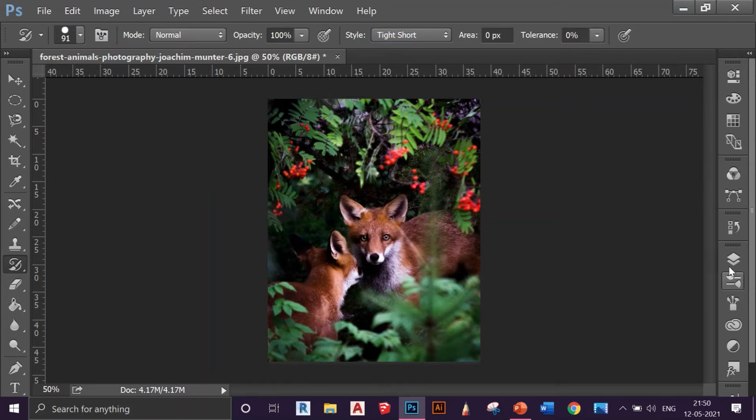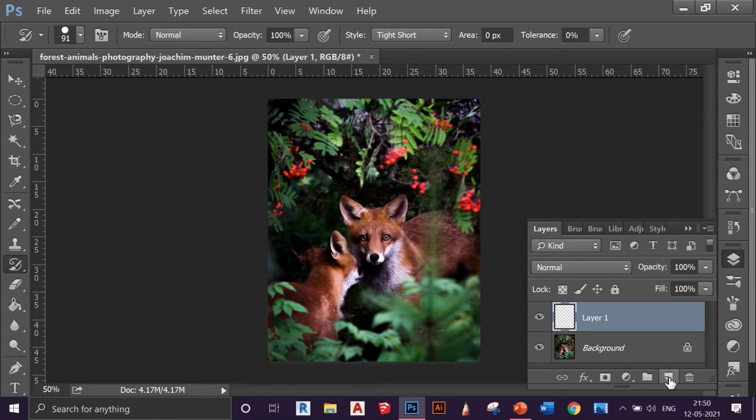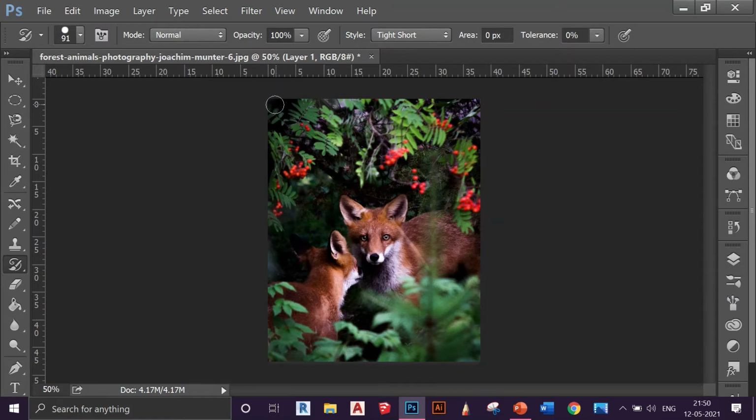First of all, don't ever forget to create a layer. I just forgot that. You need to work on another layer because you want the background to be there. And always keep in mind that the background should be an image because it is going to work on the background layer. That is why. Let's get into it with Tight Short. You can see this is giving me a blur effect. I don't want it this big, so I can decrease the size, and then you can see there's more detail. Actually, the smaller the size, the more the detail.